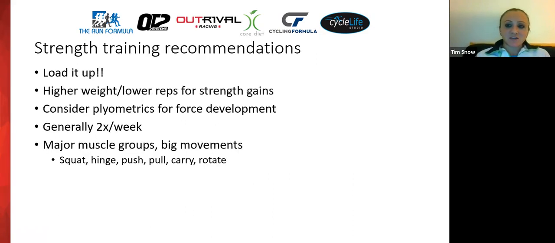So recommendations for triathletes are to load it up and to use higher weights and lower reps for strength gains. I think a lot of triathletes, long distance athletes, tend to think more in terms of strength training for muscular endurance, but by and large, in order to recognize the benefits of strength training, so those improve muscle economy, the better tendon stiffness, that's going to be at our higher weights, lower reps. So, like sets of 6 to 8 at 60 to 80% of 1 rep max.